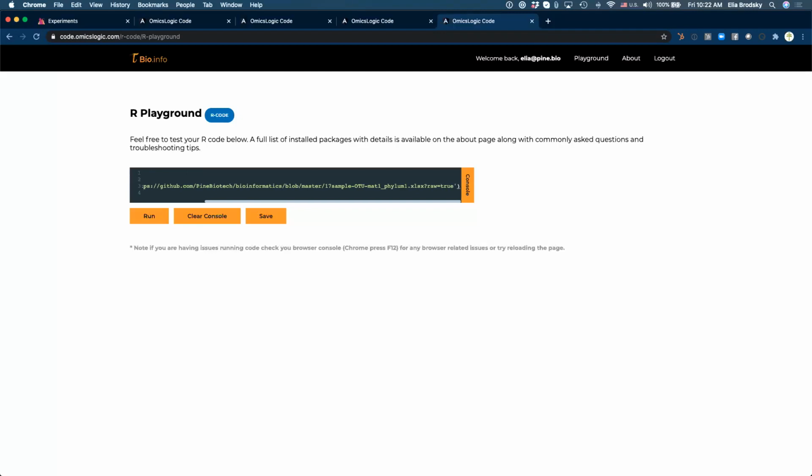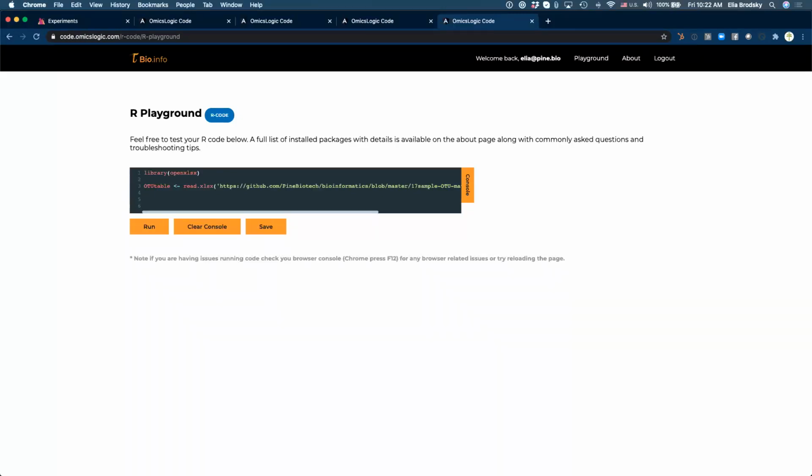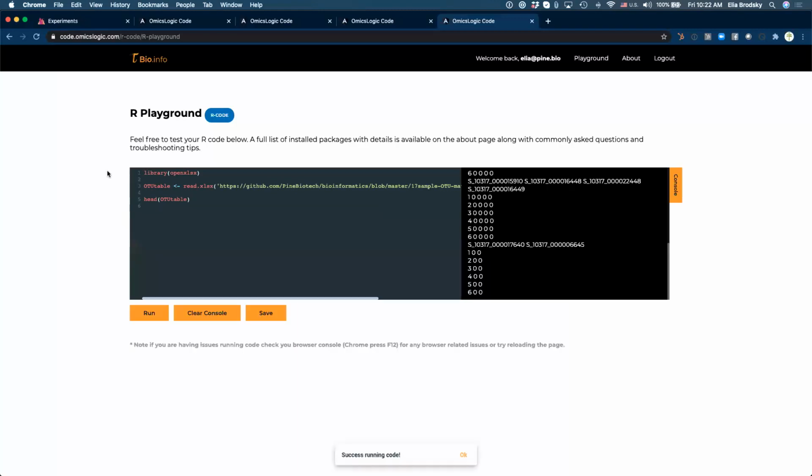We need sheet number 2, which is where the actual data is stored. Okay, let's see that we got it. OTU table. All right, success running code. Zoom in.